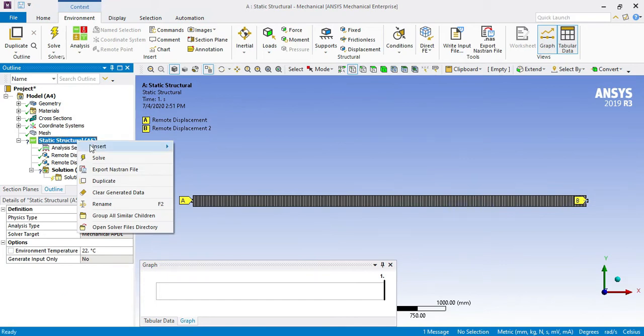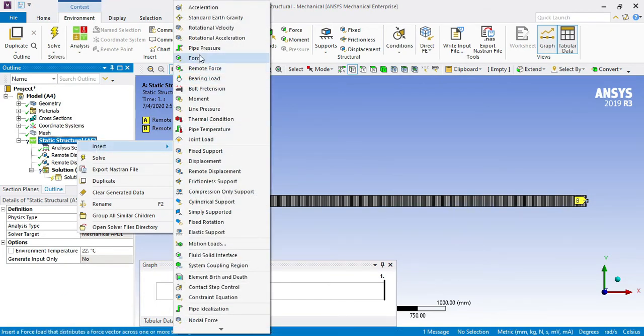Now again right click on it and insert. Now select on force.